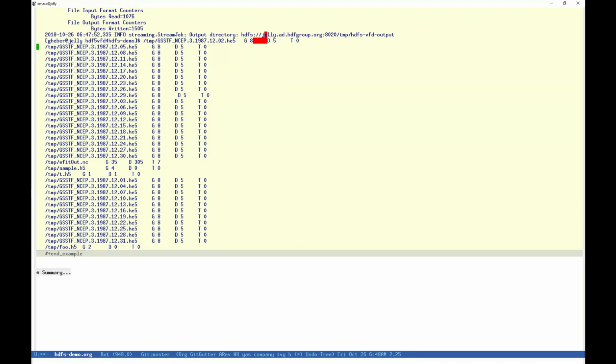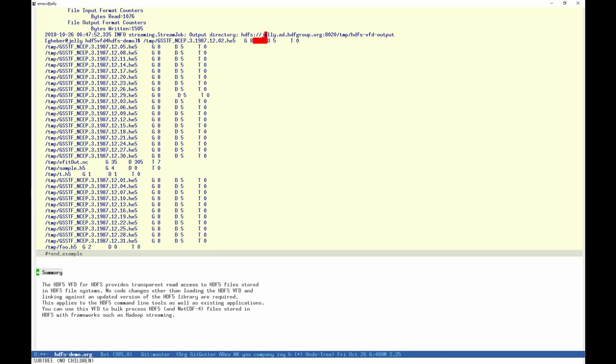So for each file name, we see G for groups, D for data sets, T for data types. These are all HDF-EOS files, for example, and they are from the same mission. So we would expect a consistent number of groups and data sets across the board, but then we sprinkled in a few extras. So here's, for example, the netcdf4 file we used earlier that has 35 groups and 305 data sets and 7 data type objects, and a few other examples here. In summary,